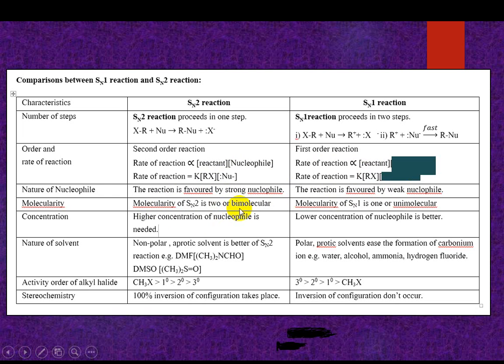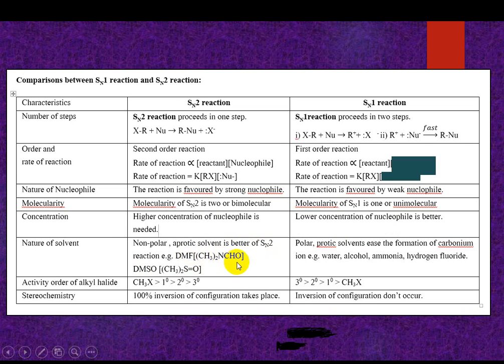SN2 is a bimolecular reaction. This is the SN1 reaction. In SN2, a higher concentration of nucleophile is needed. In SN1, a lower concentration is enough, and it does not depend on the nucleophile. A non-polar aprotic solvent is better for SN2 reactions, like DMF, dimethylformamide,